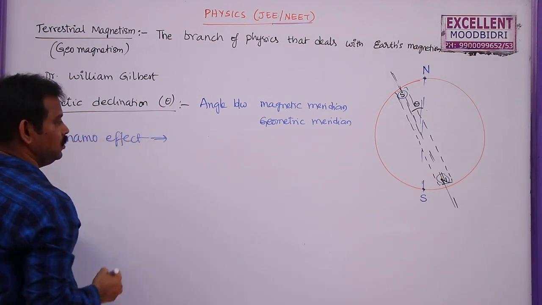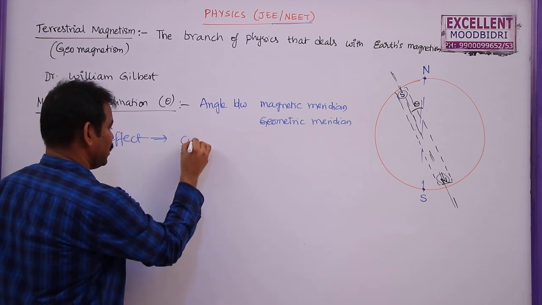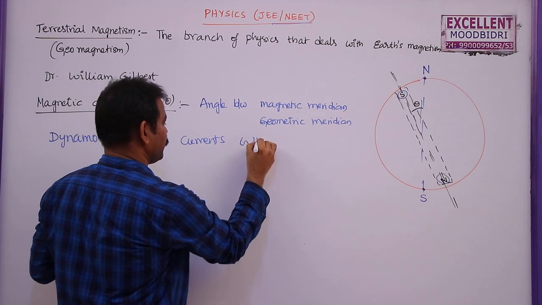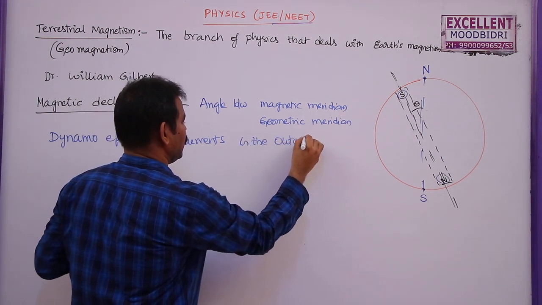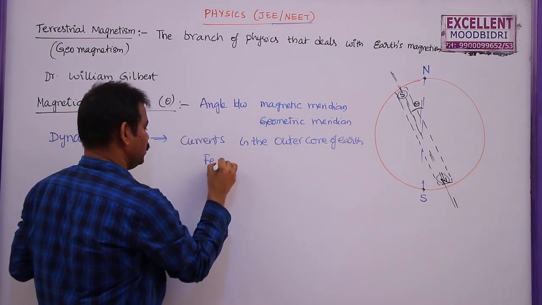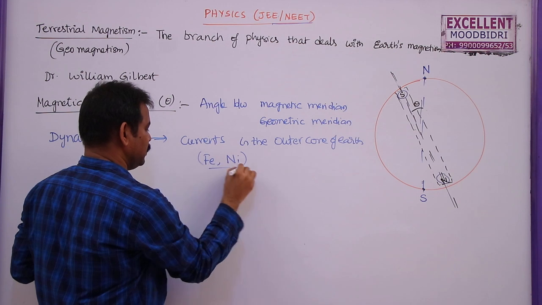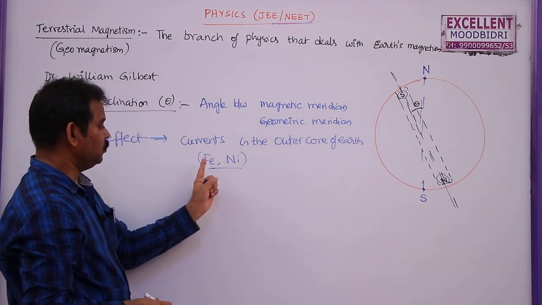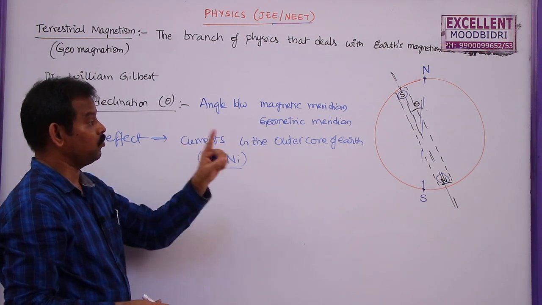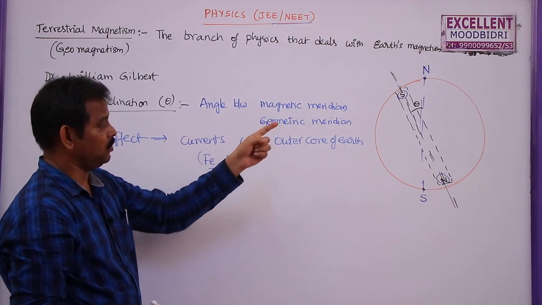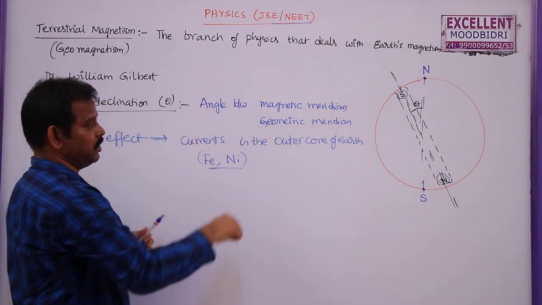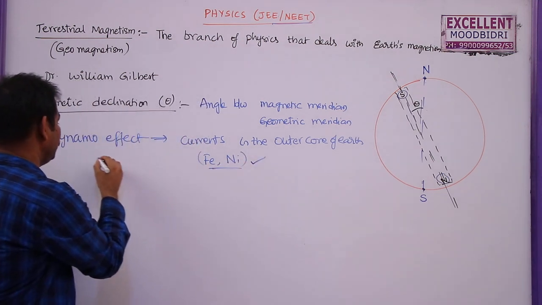This is because of the currents flowing in the outer core of Earth, due to nickel and iron. As these metals rotate with the Earth, the rotation produces some current. That rotating current produces a magnetic field. As the current is rotating in a circular path, the magnetic field will be produced along this line. So this is believed to be the correct